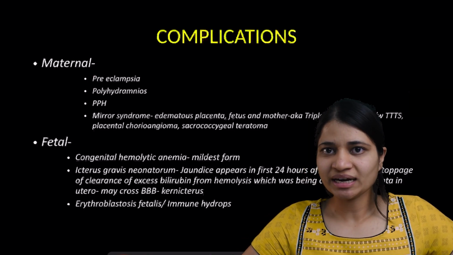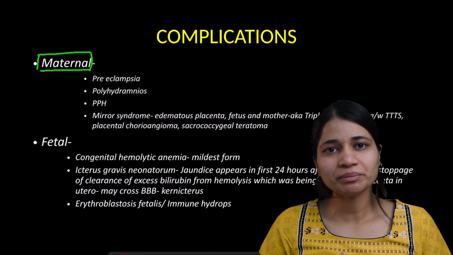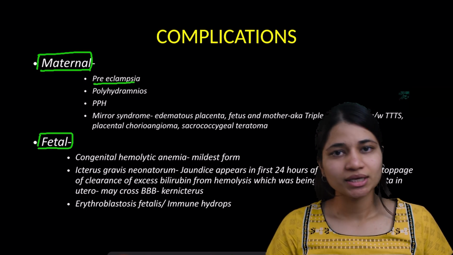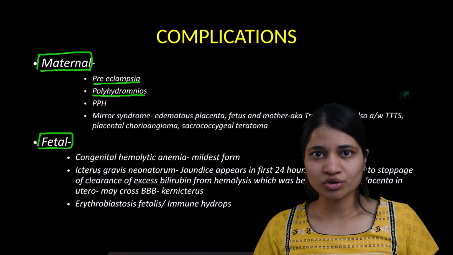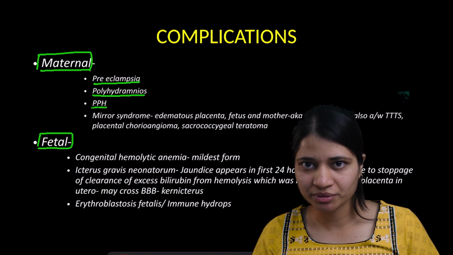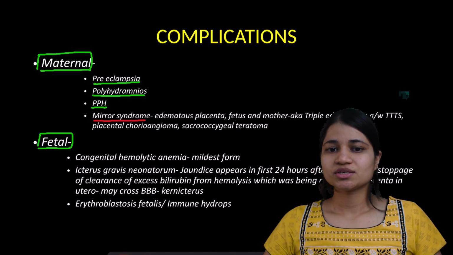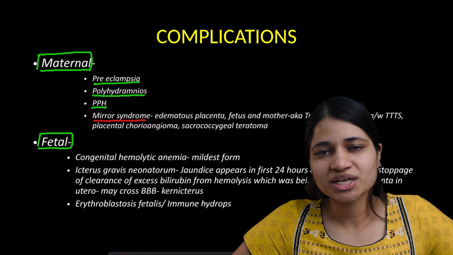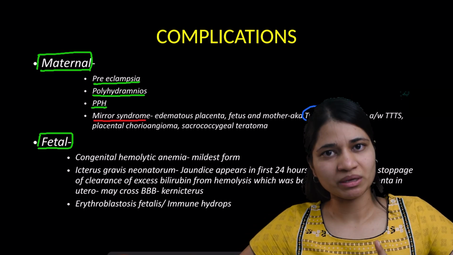We can divide it into maternal complications and fetal complications. What are the maternal complications? The mother can develop preeclampsia, the mother can have polyhydramnios. These can consequently result in postpartum hemorrhage. Also, they can cause mirror syndrome. So now guys, what is mirror syndrome? Mirror syndrome, which is also known as triple edema, is basically the edema of the mother, of the baby, and